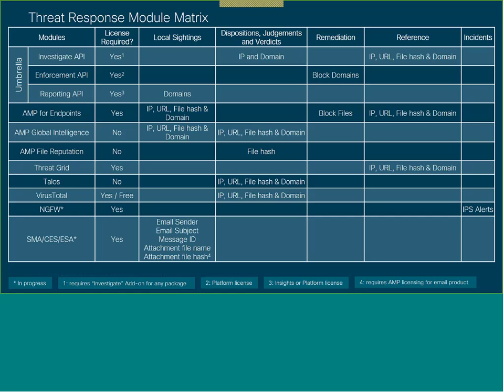but you don't have the investigate add-on. Then that just means that you're going to see local sightings of domains and be able to block domains, but you're not going to get that global threat intelligence on those domains. So that is the most complex one. Underneath that, we have AMP for endpoints, which does require a license. It allows you to get local sightings of IPs, URLs, file hashes, and domains. It allows you to block files, and it allows you to pivot out for more information on IPs, URLs, file